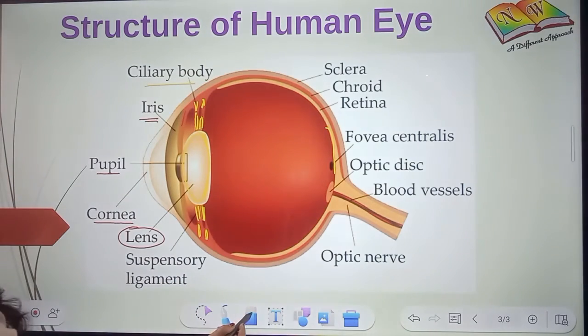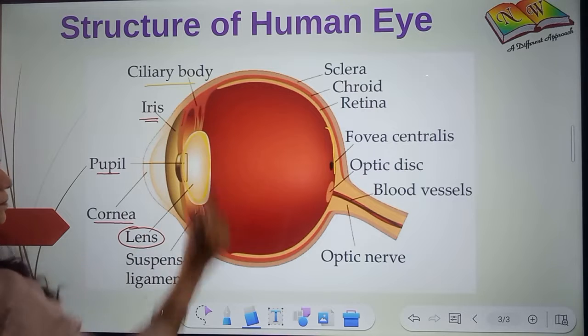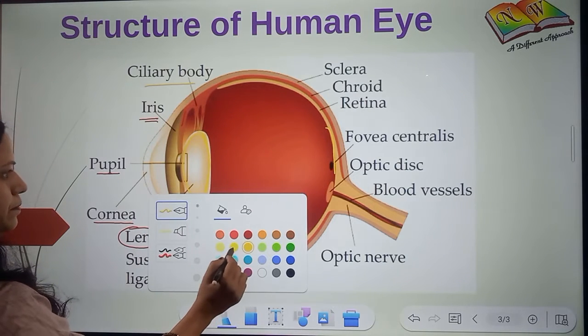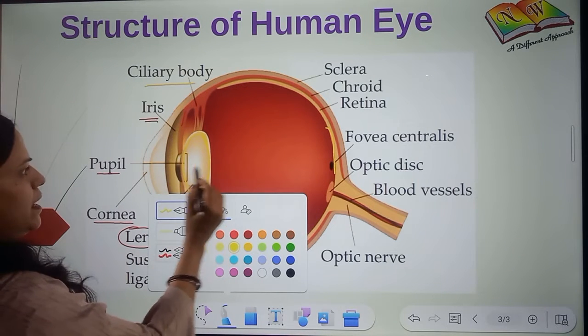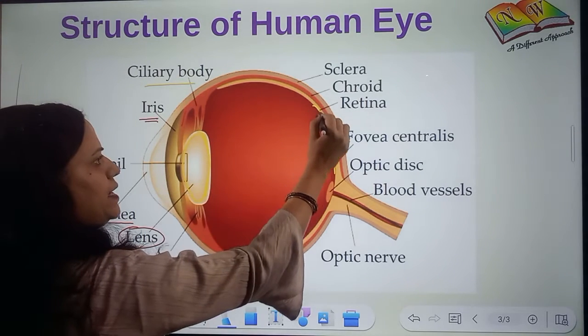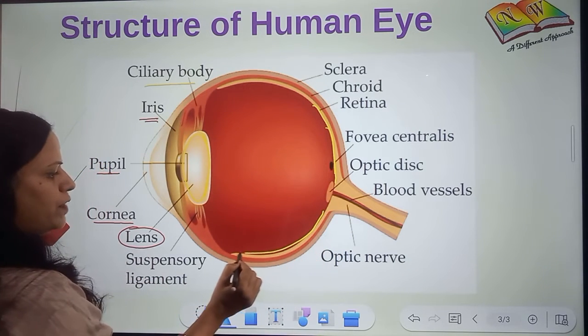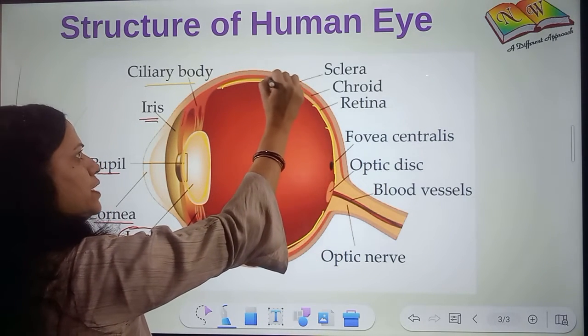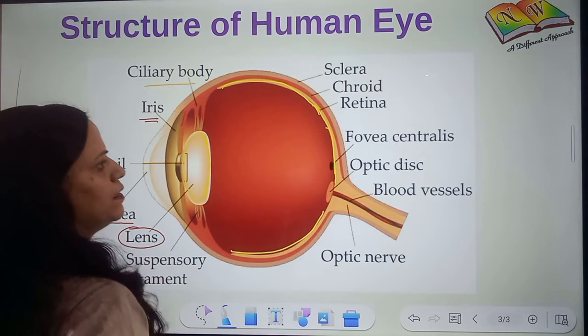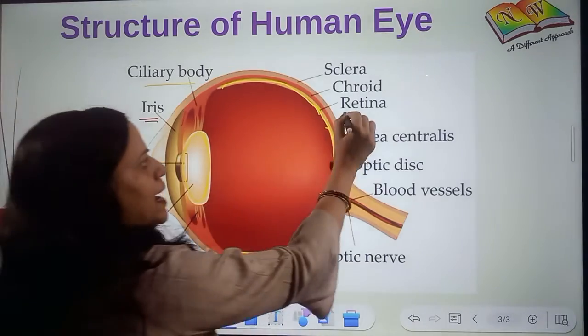Then, talking about some more parts. As the light rays enter the eye through the cornea, pupil, lens, they then reach the retina. This is the retina, the innermost part of the eyeball. This structure that you can see here, this is the retina, and the retina is made up of light sensitive